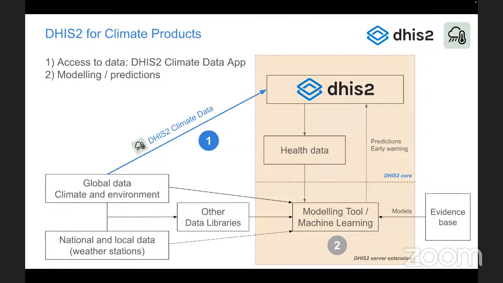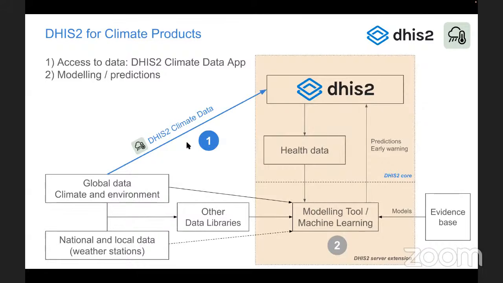And then the other one would be data analysis. And with analysis, we know DHIS2 has done a lot in terms of building the analytics. But for this climate and health work, there's the component of modeling that also needs to come in. So the focus will be on these two products, but for now, the focus is on the first one that allows us to integrate data within the DHIS2